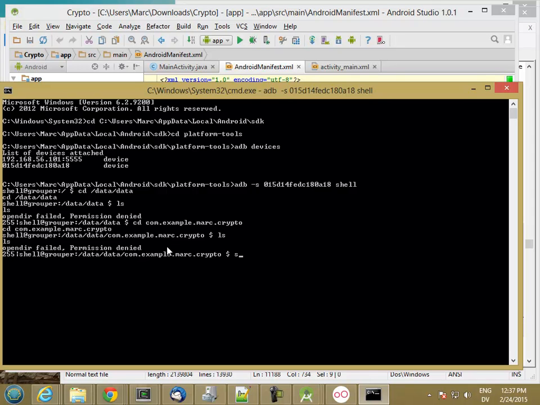So if I type su, I am now running as root on the device. And now if I do an ls, now I can actually see the contents. And I see there's a shared prefs folder. If I cd to shared prefs,